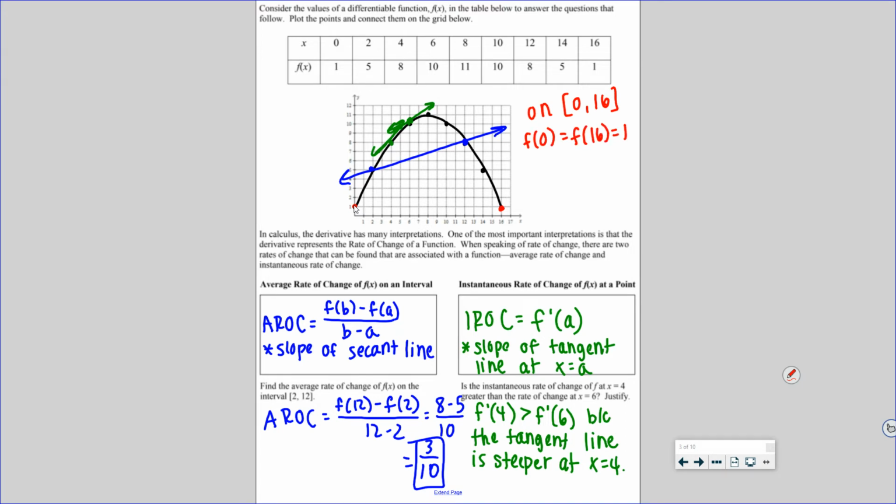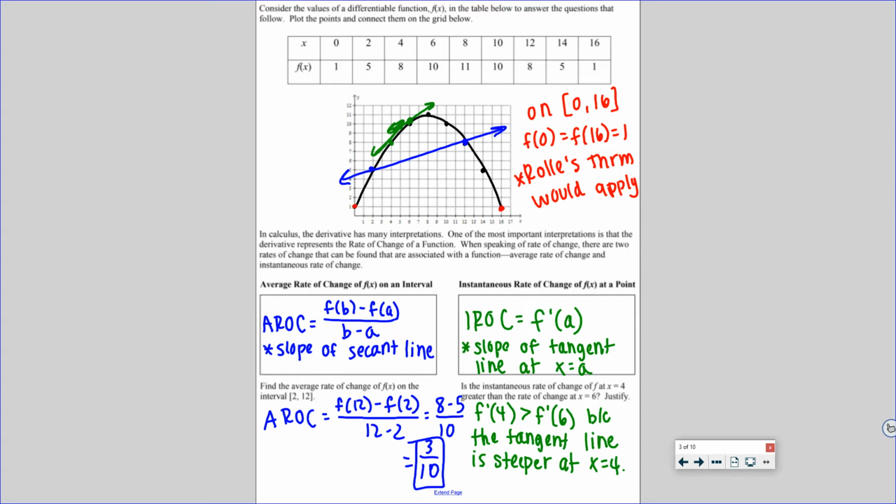Those outputs are both 1, so Rolle's theorem would apply. That there has to be at least one point where you have a horizontal tangent. Whether it's a max or a min, we don't know, but there has to be at least one point where we have a horizontal tangent